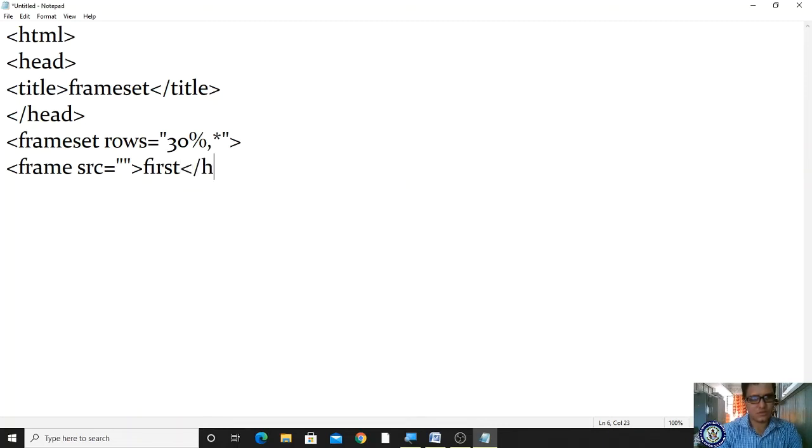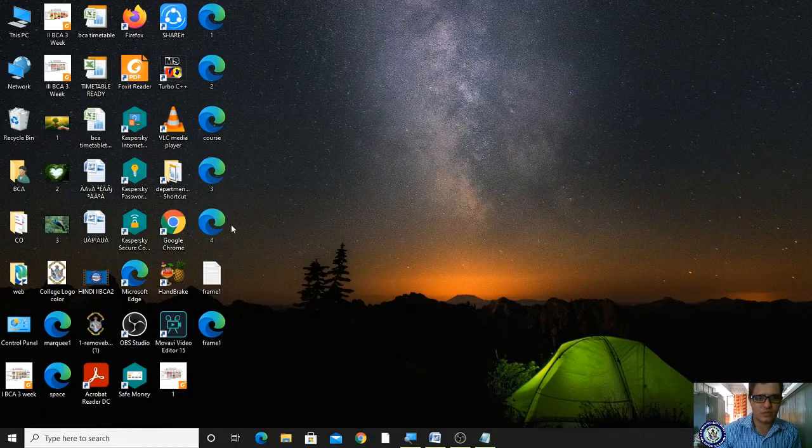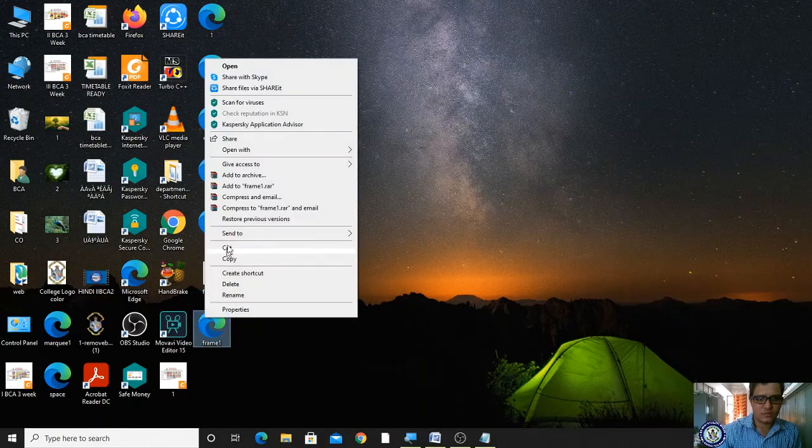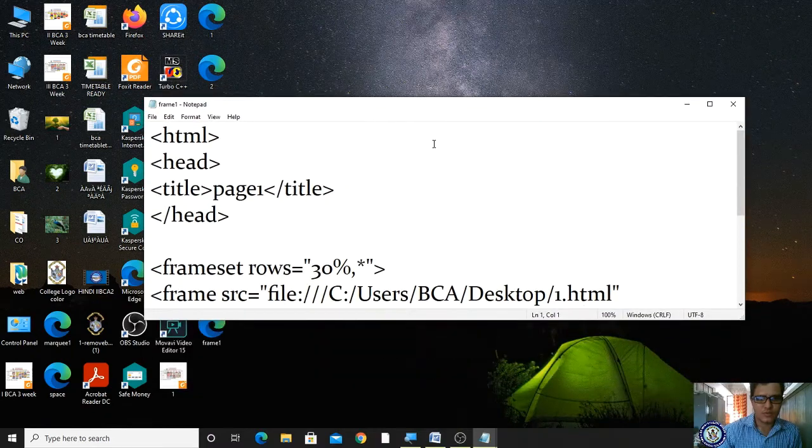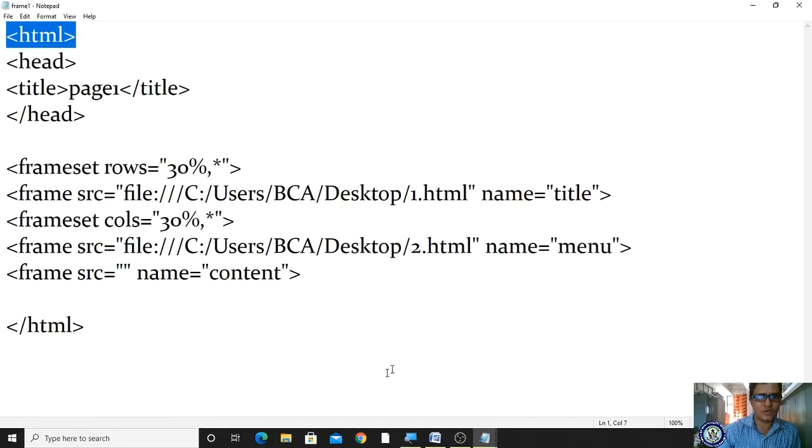No, I made a mistake, right? Let me open with Notepad. In frame set rows, is there any names? No, right? Frame src, that's all.